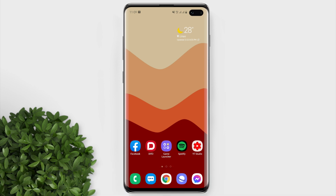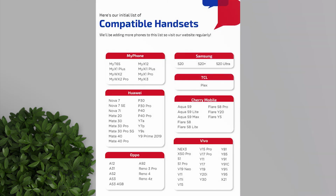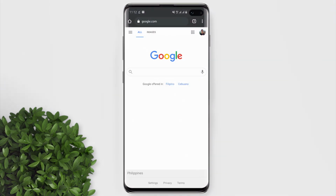The Ditto app is not yet available in the Play Store, but you can download it and install it on your Android phone from another source, which I will show you now. By the way, the Ditto app for now is for Android only, so there's no way that you can install the app on an iPhone. I think that explains why all the compatible devices, which you can see on the Ditto website, are Android. To download the app, go to your browser and type in the search bar